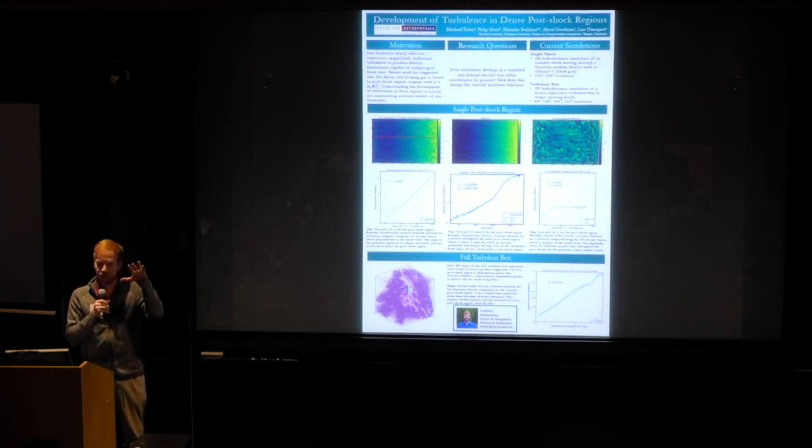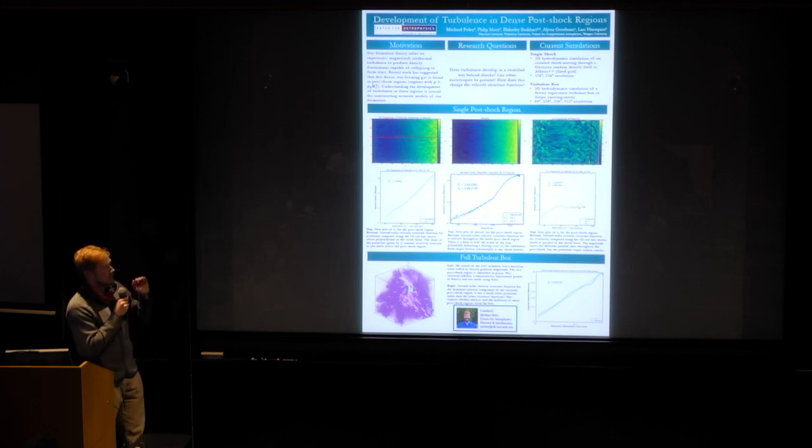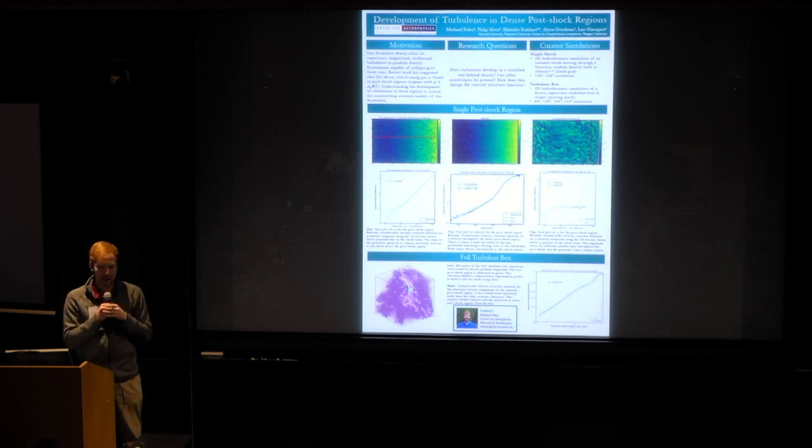If we go down to the scales of star formation, recent studies have suggested that stars are forming in what we call post-shock regions, right around shocks or just behind shocks. The reason we're looking at the development of turbulence in these regions is that it's not necessarily a given that turbulence develops the same way behind a shock as it does in the global environment of the cloud. If it does develop differently in these post-shock regions, then perhaps we have some additional considerations to look at for star formation.